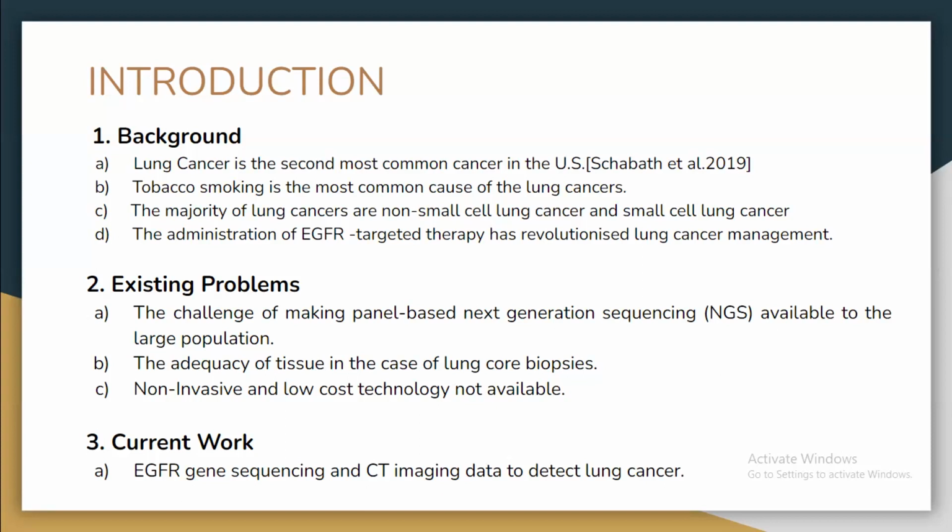Secondly, the cost factor. Apart from the cost factor, you want to sequence the lung tissue. Lung tissue is inside. It's not easy to take the lung tissue outside your body. You need to put the bronchoscope, put the device over there, or you need to make a drill over here and take the sample out. The biopsy sample should come out, so that you get the tumor in hand.